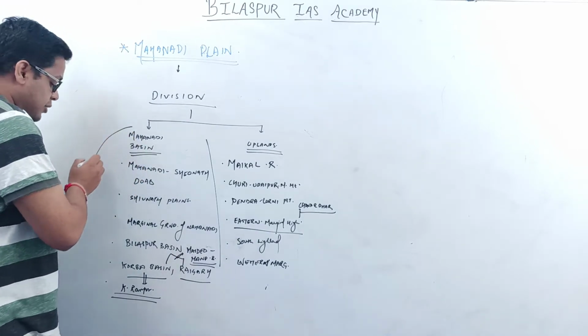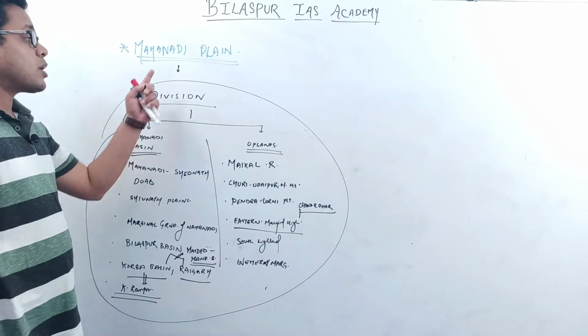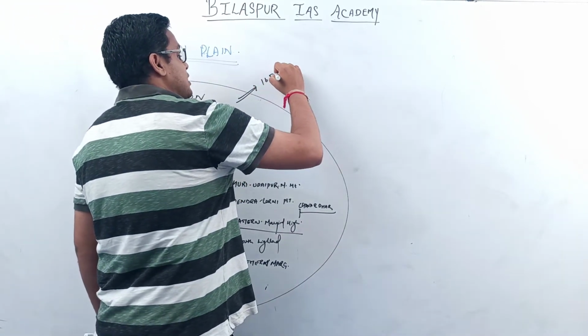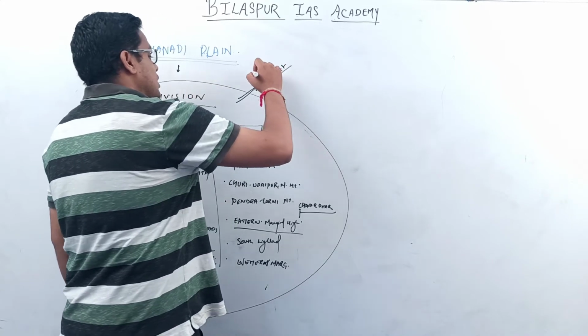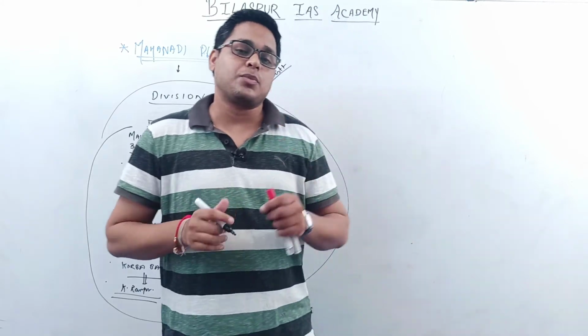And if we look at this whole thing, this Mahanadi Basin extends over 16 districts of Chhattisgarh. Okay, please remember this particular thing. Its extension is in 16 districts of Chhattisgarh. But in most of the books,